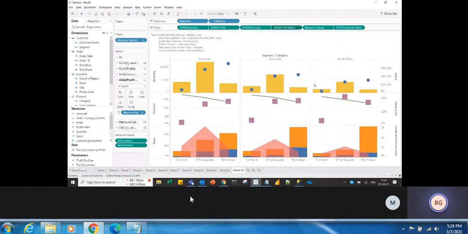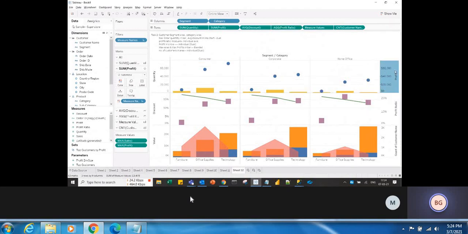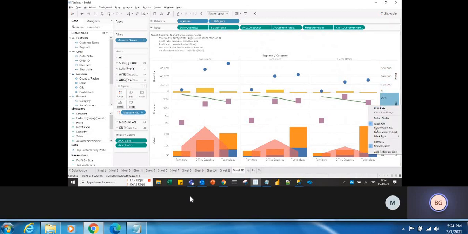Okay, and now since the values are the same, the quantity is showing in thousands like numbers and profit is also showing in numbers, so you can just synchronize the axis. Even profit ratio and the discount both are showing in percentages, so here also you can synchronize the axis. Here it is showing numbers like 10k, 20k, 30k.